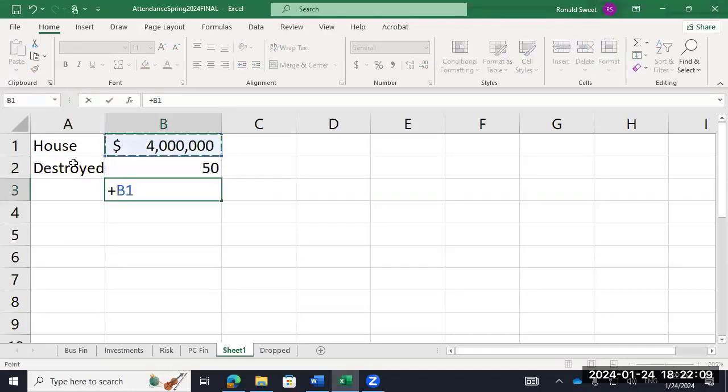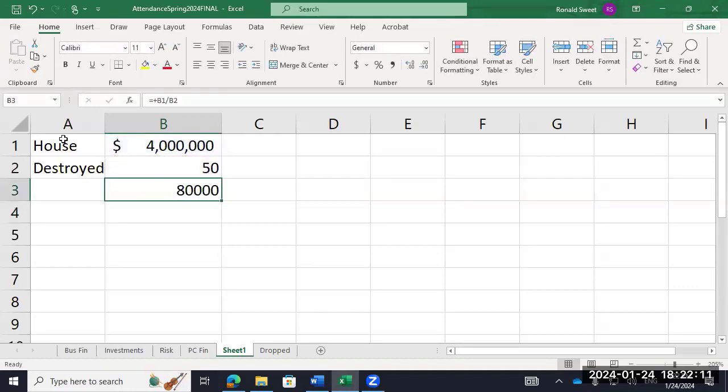What's your premium going to have to be? Well, you take 4 million divided by that. Just for the insurance company, ignoring time value of money, they're going to have to charge you $80,000 a year, right? Because you're expecting to have to rebuild this house at least once every 50 years. They need $4 million, so 4 million divided by 50. How many of y'all are going to pay $80,000 for homeowners insurance? Probably not going to do it, right?